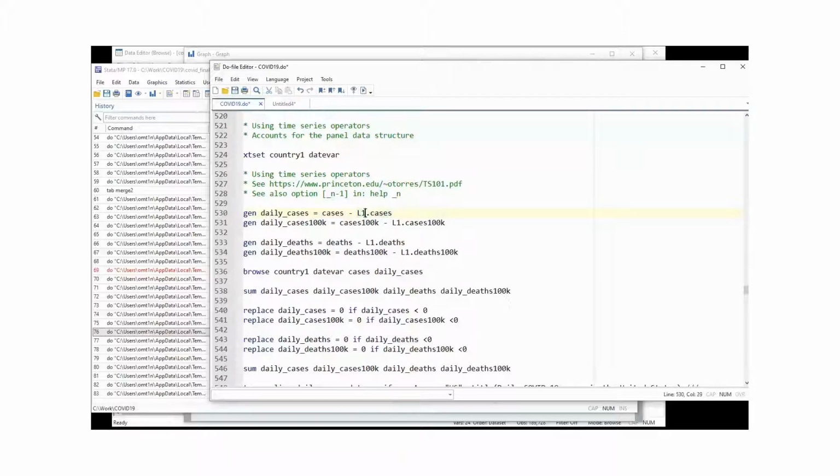So you see this L1 right here? It says, give me the previous case value. So it's going to get country A today minus country A yesterday, and it's going to do the same thing for all the countries. It's going to grab the previous value, and that's going to give us the daily case. I'm going to do the same thing for the population adjusted variable. What I'm going to do is run these 5 lines of code